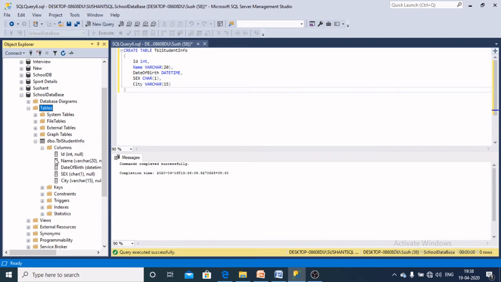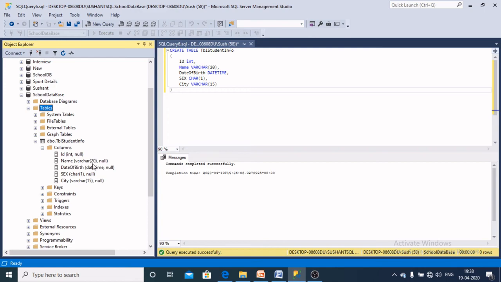In the columns section you will see the column names and their data types, like id int, name varchar, date of birth datetime, sex, city.